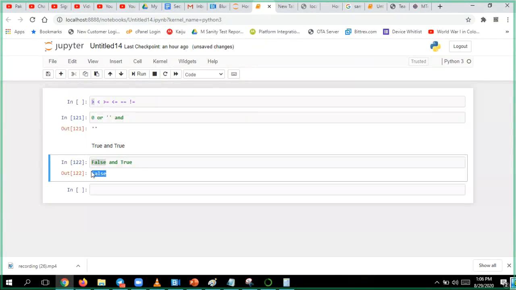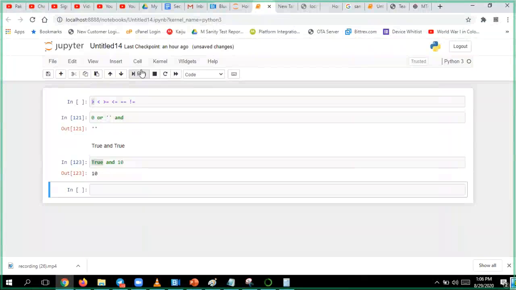Otherwise, if x is not false, then it will return y. That is in the AND condition only I am talking. If x is not false, then it will return y, whatever it is there. If x is false, then only it will return that value.